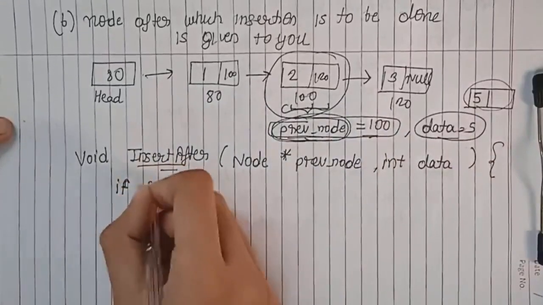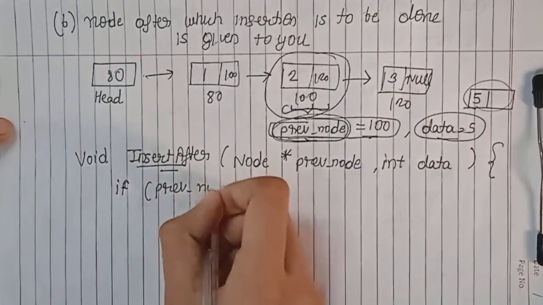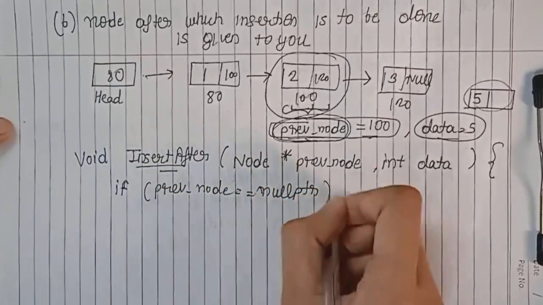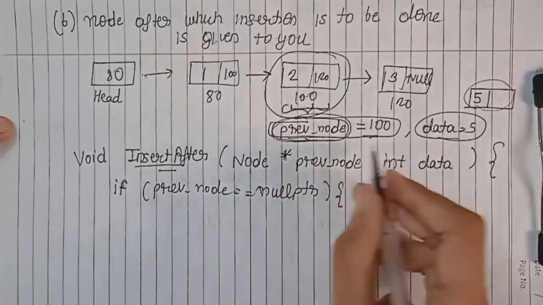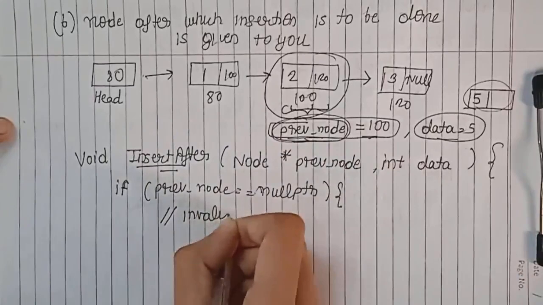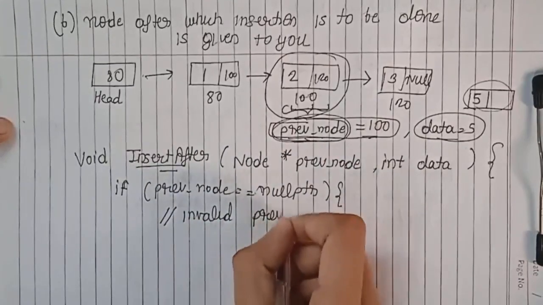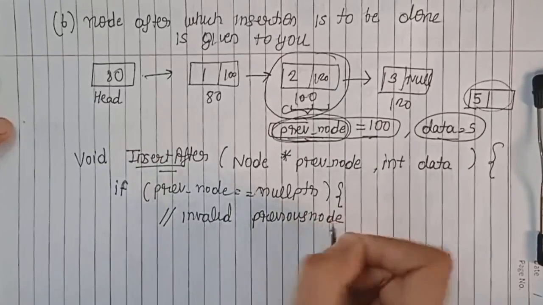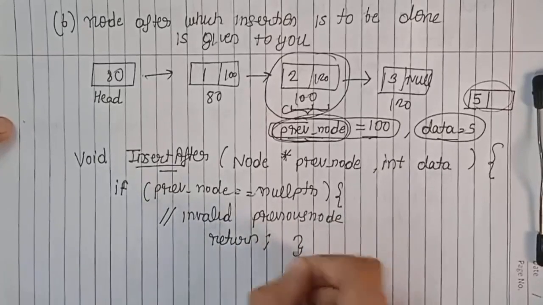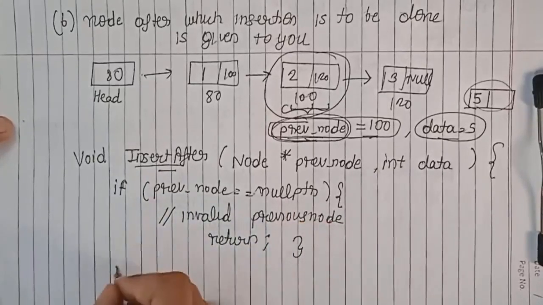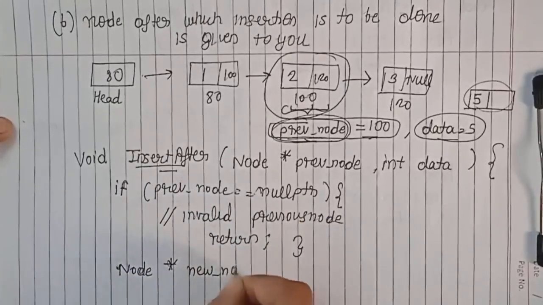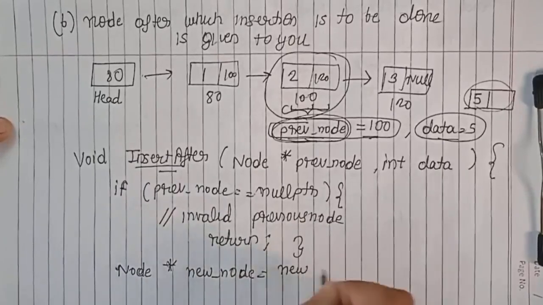So first we will be checking if previous node is equal to null pointer, and if it is equal to null pointer, then it means that there is no node with the name previous node. So it means that we are provided with an invalid previous node and we can't insert any element here, so we will return from here. And if this condition is false, then what we will do is we will just create the new node with the given data,